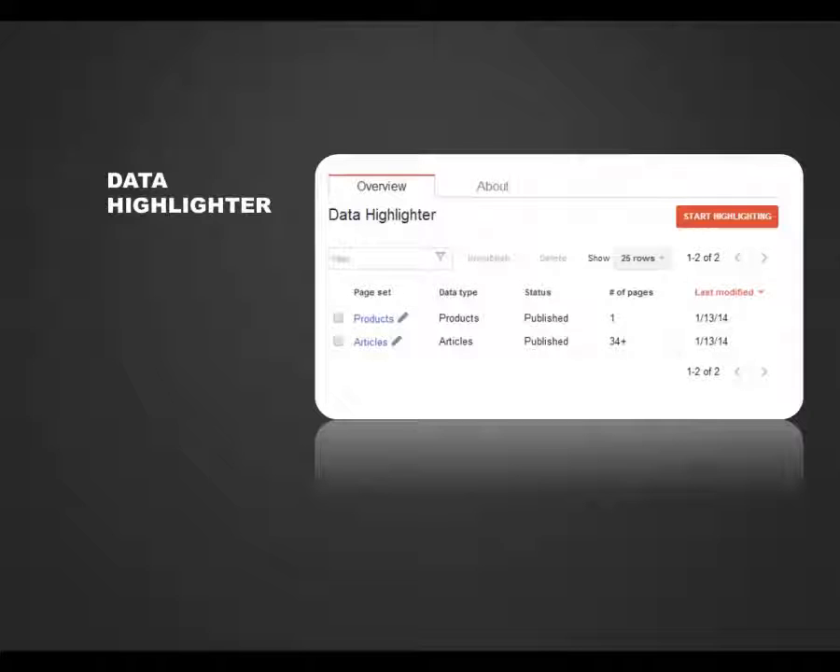Okay, so here we see that on this particular website there's structured data on products. There's also structured data on articles. The number of pages under products is 1, and there are 34 plus for the articles. Okay, all right, so